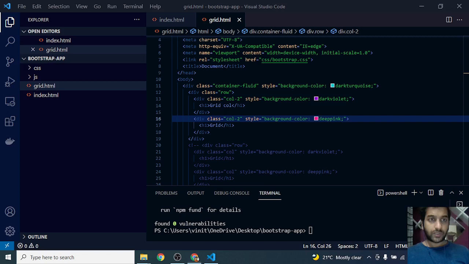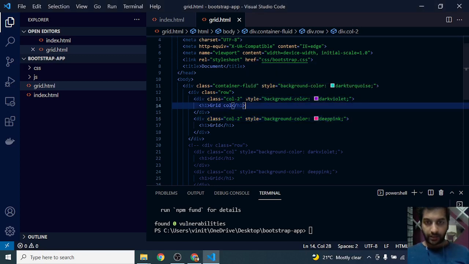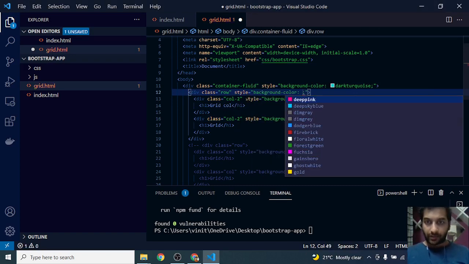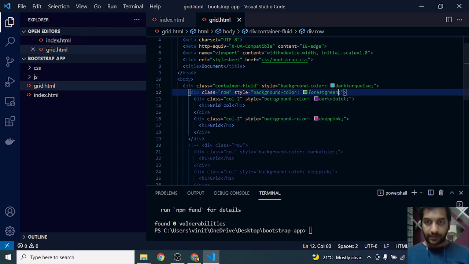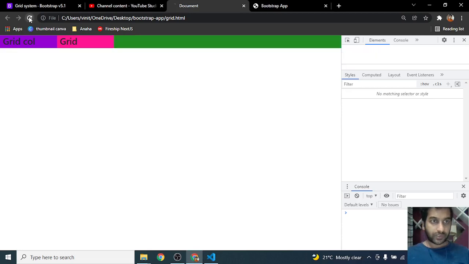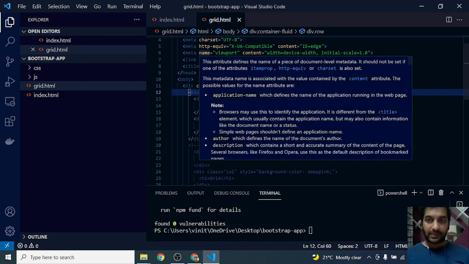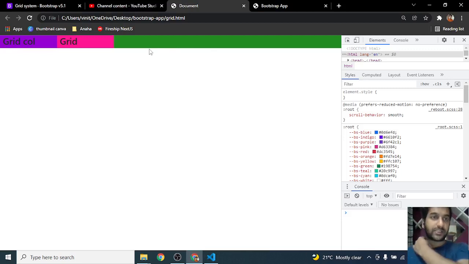This is the row. So if I can show you the row, I'll put in some color for the row as well. Background color to be, say, forest green, right? That's the color of the row. So it takes the entire row. The entire row is basically green, and behind that there is blue. Okay, say I want this row to take the center space and leave the left and the right empty.